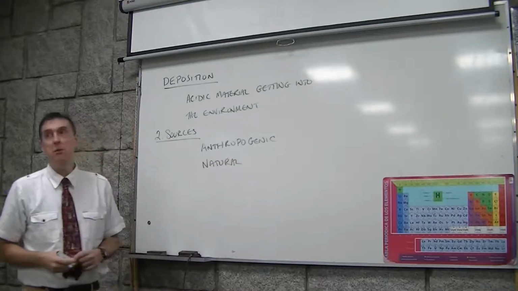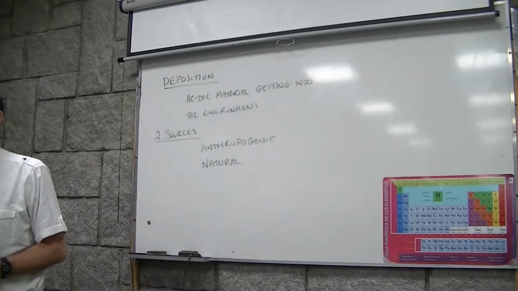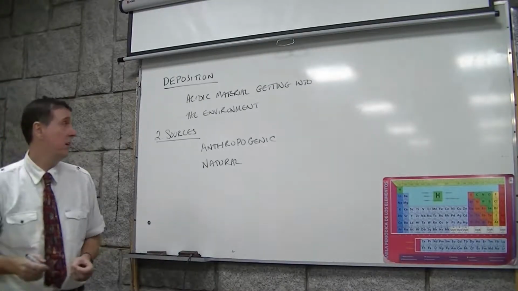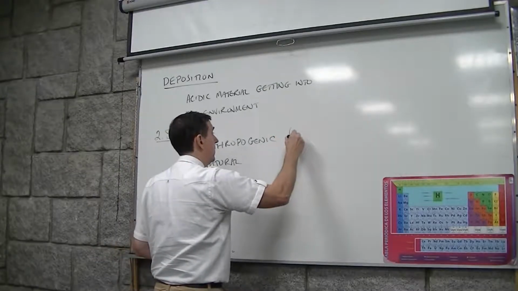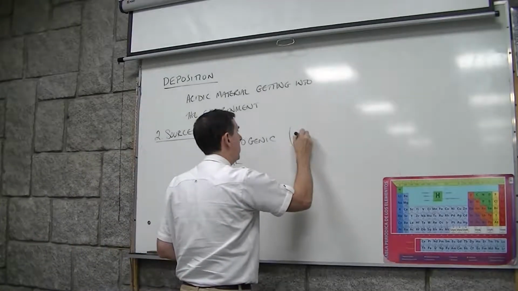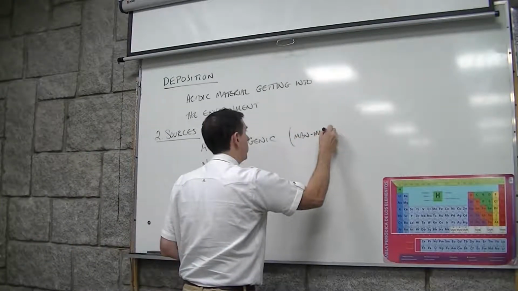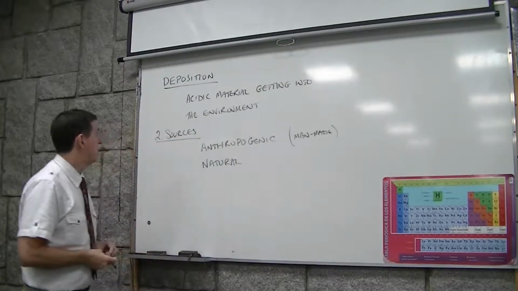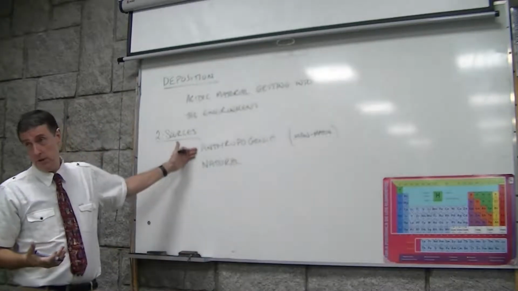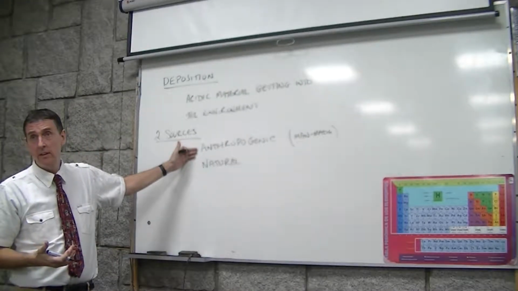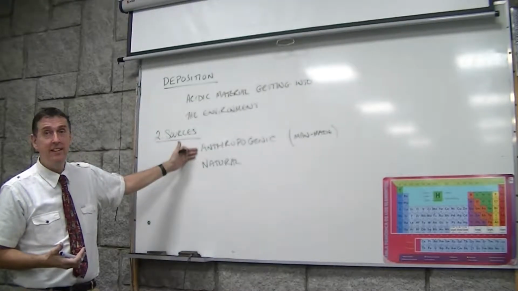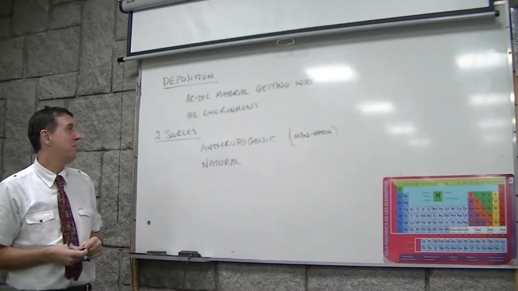Alright, so anthropogenic, what does that mean? That's man-made. So man-made sources. I think it comes from anthros, Greek for man. That's important. And natural sources. So what we're looking at then is things that men do that produce acidity. I've just answered your question. Right, anthropogenic, things that are man-made.